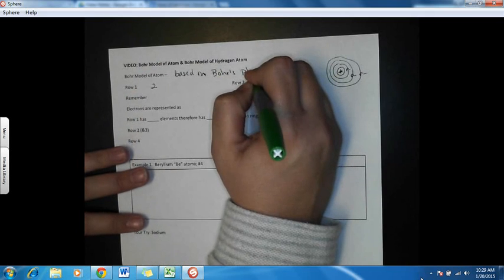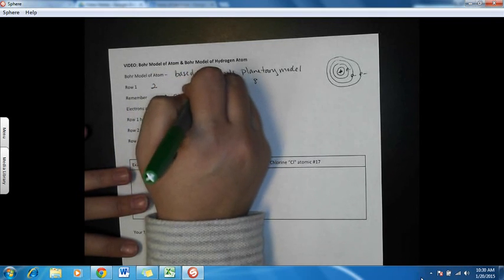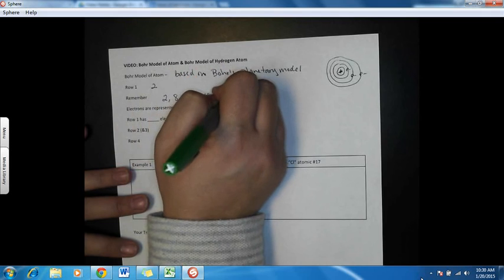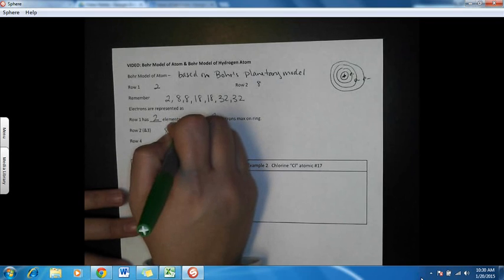So again, row 1 has 2, and then row 2 would have 8. So when we're remembering this, 2, 8, 8, 18, 18, 32, 32. Right? So again, row 1 has 2 elements, and therefore it has 2 electrons maximum on that particular ring. Rows 2 and 3 have 8 elements, and so they can have 8 electrons. And then row 4, we start 18. Row 5 would also be 18